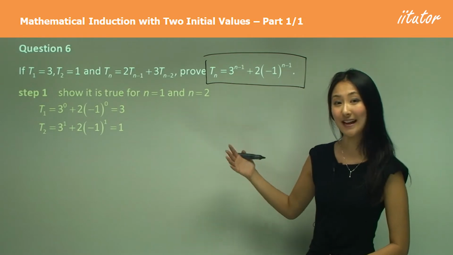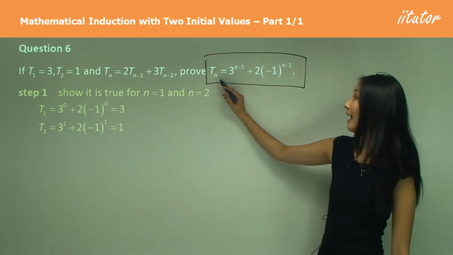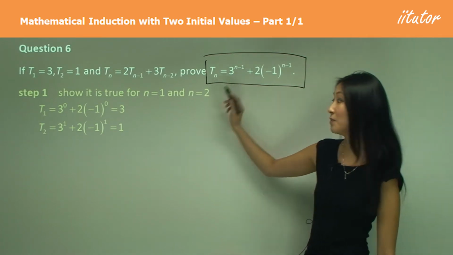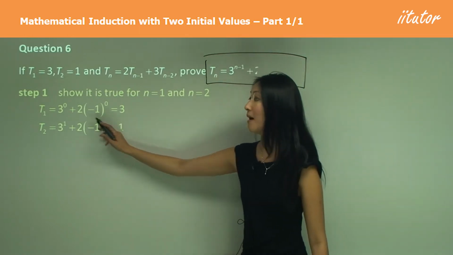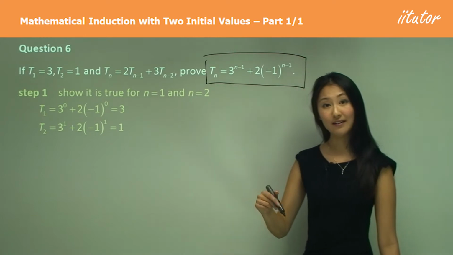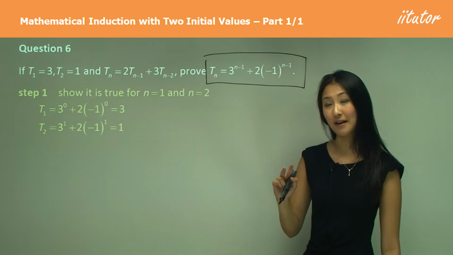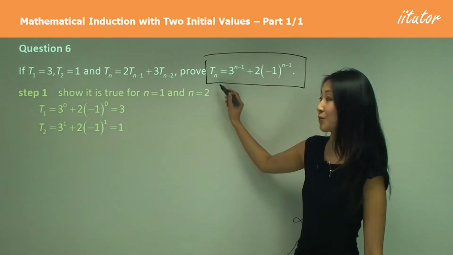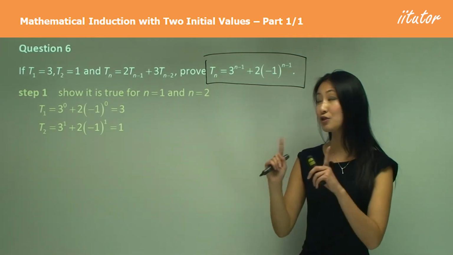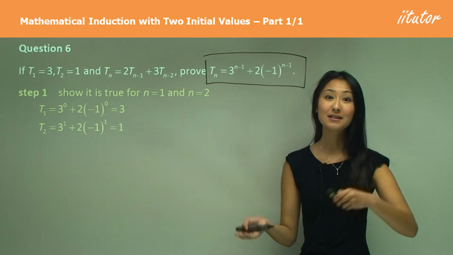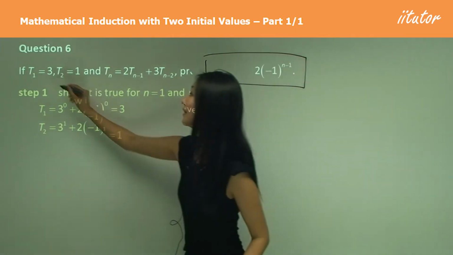Now similarly for n equals 2, we substitute in n equals 2, and that becomes 3 to the power of 2 minus 1, which is 1, and this also becomes 1. So you have 3 minus 2, which equals 1, which does equal what we're being told the second term should be. So we can say therefore it is true for n equals 2. Now remember what I said about the Fibonacci numbers? If we have two starting values, then we must work out the next value, so therefore the third value, to show the relationship